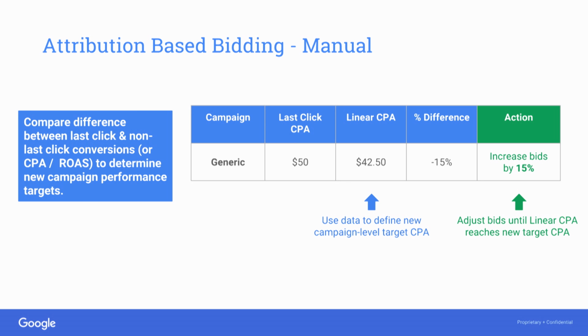That's one thing I want to point out: if you're using manual bidding and you go ahead and turn on position based and you don't change the bids, nothing has actually happened except that you're seeing a different number in the account. The actual value comes from bidding in a more informed way and bidding to a more accurate value. Got it. So you have to manage both the attribution model and the bidding strategies as well. Yep.